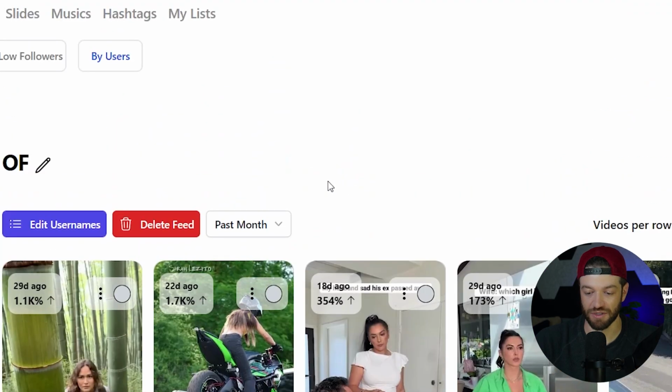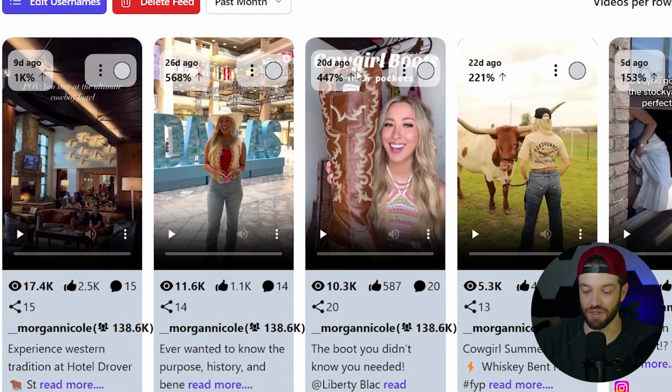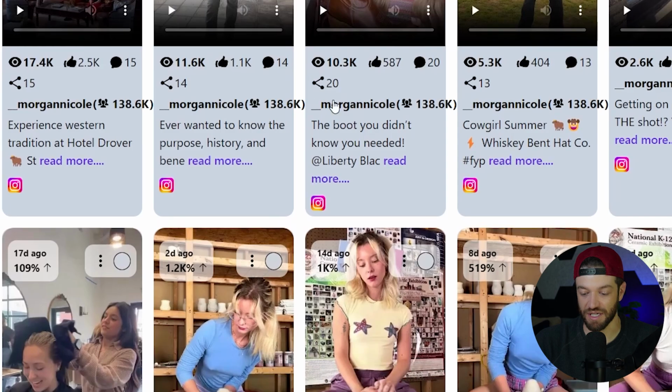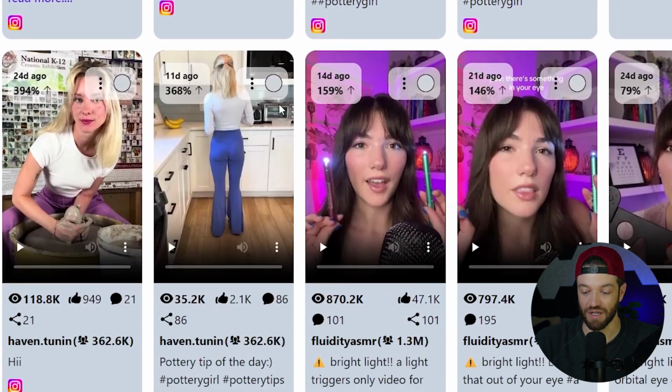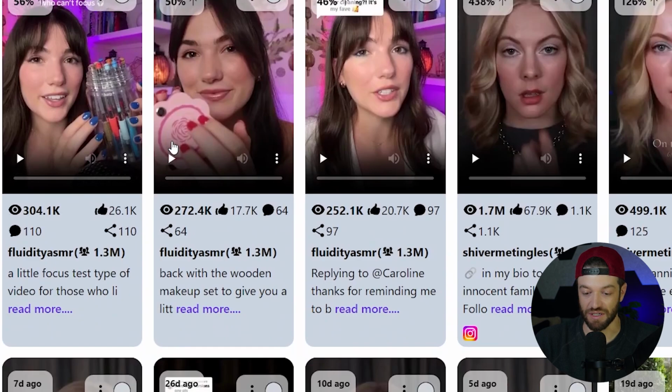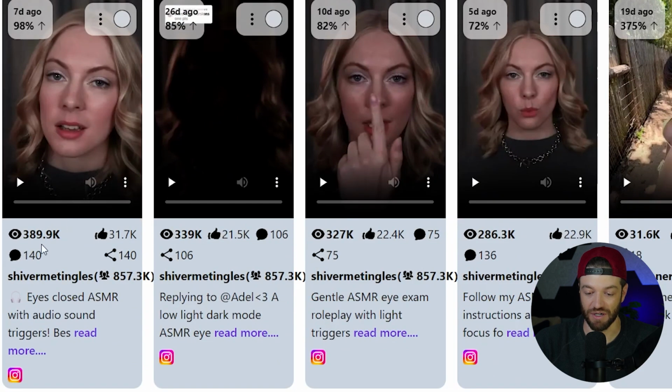What I can also do is if I click this button that says by users, it's going to create an individual row for each individual user. And this allows me to see with every single user which one of their videos is performing the best. And so we can see that for this particular creator, her best performing video over the last 30 days is 300,000 views. This particular creator over the last 30 days, her best video is